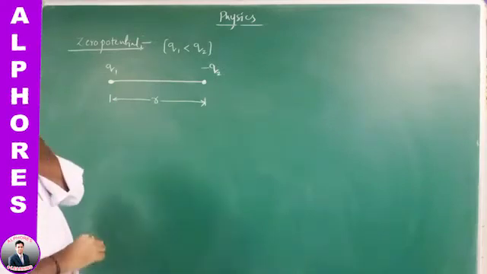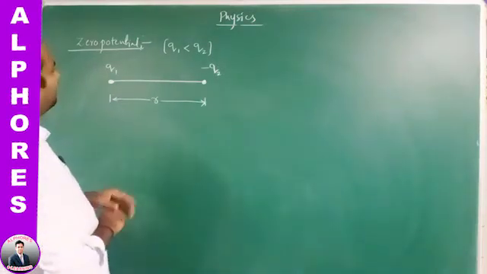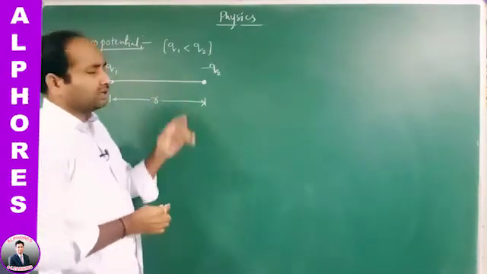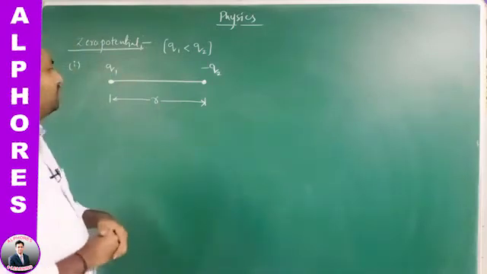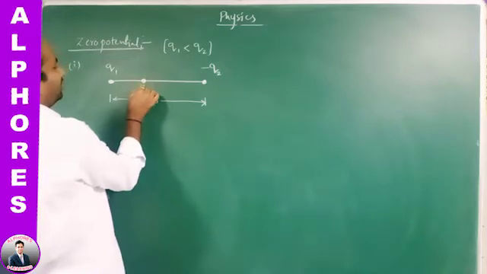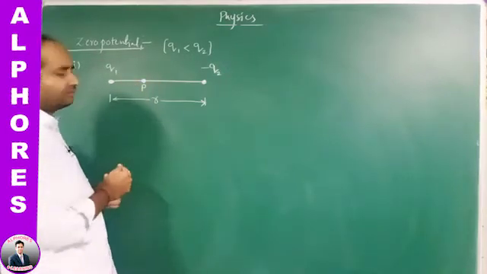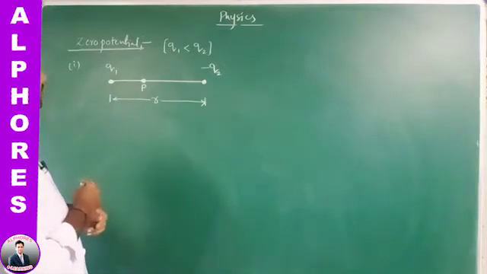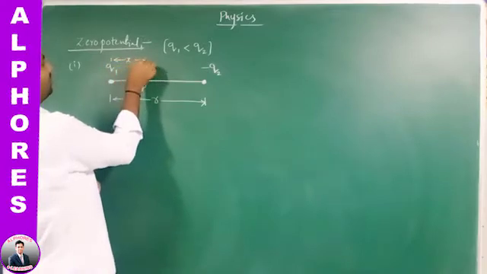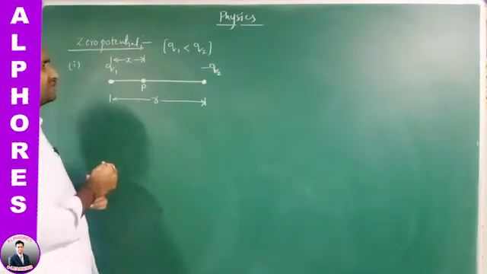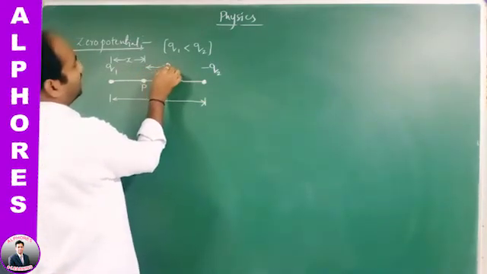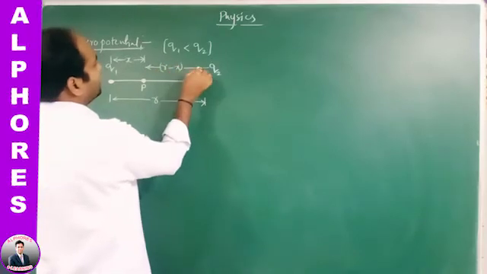In such a condition, let us take the null point first in between the system of two charges. Let us consider the null point to be at the point P. P is the null point, nothing but the null potential, zero potential point, which is at a distance of x from the Q1 charge. And from Q2 the distance is R minus x.